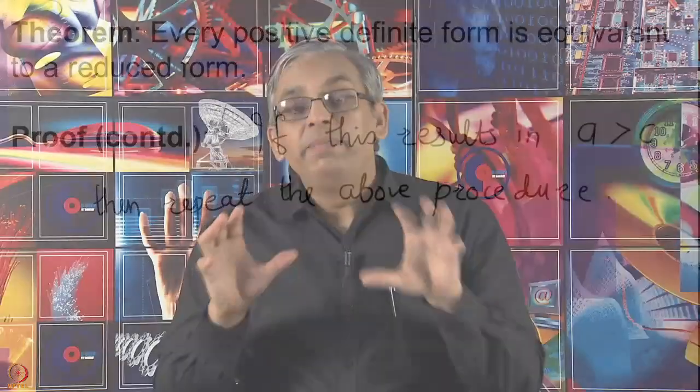So, let us look at what happens to A and C. We had A and C positive, A was bigger than C, therefore, we applied the Weyl element to make A smaller than C, and now we have A to be a smaller number, we made a change in B that resulted in C being smaller than A, but remember that C is again positive, C is not going to be negative. We have a form which is positive definite, and if you put x equal to 0, the value that you are going to get is cy square. If C becomes negative, you will get a negative value. So, C has to be positive.